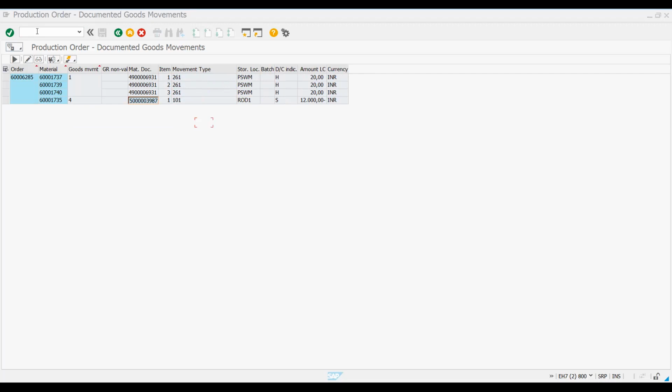ROD1 is a storage location. Okay, so this is a quantity. So this is a material document created. Okay,